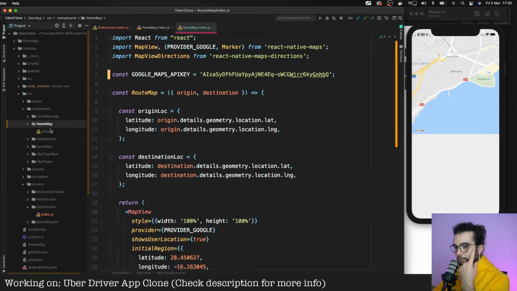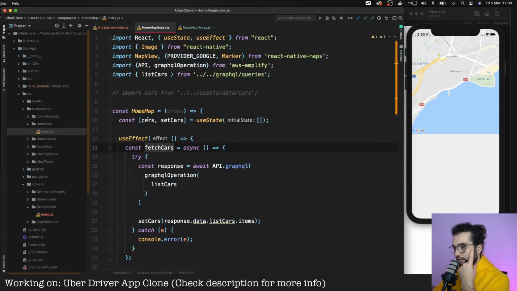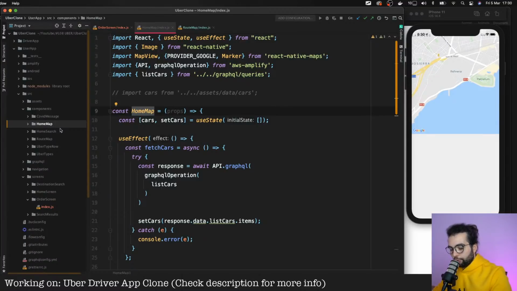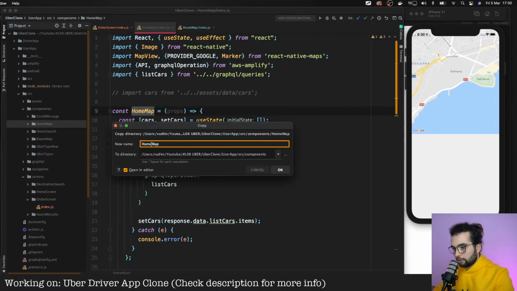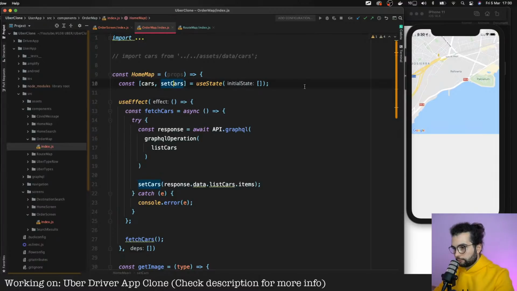I think we could have implemented it a bit differently, so that the cars were a property of the home map, but I'm okay with that, and I'm gonna copy and paste the home map from here and call it order map.